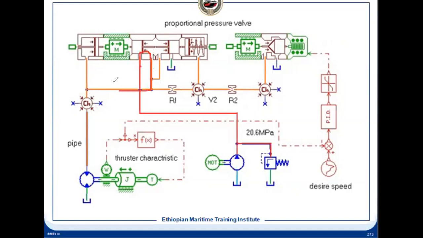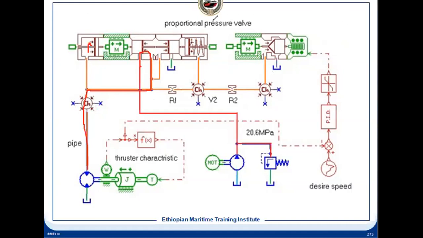Once the flow is increased, the displacement through the motor will be increased. So the torque will be increased, and the RPM also will be increased. And then it will come to an equilibrium position. This is like a reset. So this side and this side, if you see, it is the same pressure. But coming to equilibrium will take a certain time because of this restrictor. So this is the way the proportional pressure valve works.